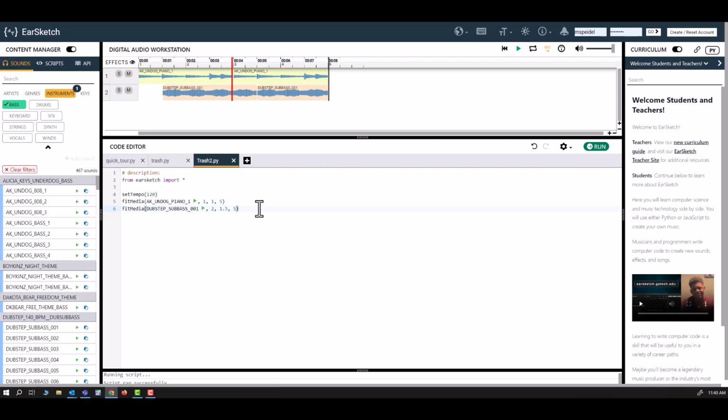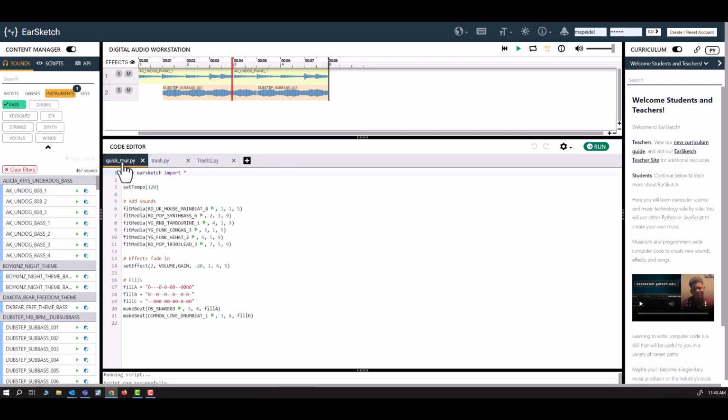Now, if you look at the quick tour script, if I can click on that and get it to show up, I don't know, there we go. You can see there's a number of different effects. So we're just primarily using the fit media command, which is right here. But you can see there's also set effects right here and fills. So fill A, fill B, and then make beat commands. I haven't used those very much, but if you're more familiar with music or coding, you might have some more success with it. So I hope you enjoy